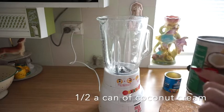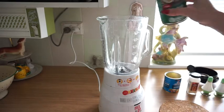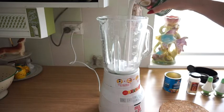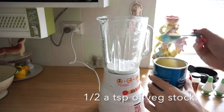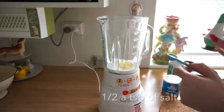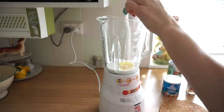While the vegetables are on the stovetop, I'm going to go over to my blender and add my other ingredients ready for everything to be blended together. I'll take my coconut cream and add about half the can into the blender. Taking half a teaspoon of vegetable stock, half a teaspoon of garlic powder, half a teaspoon of salt, and just